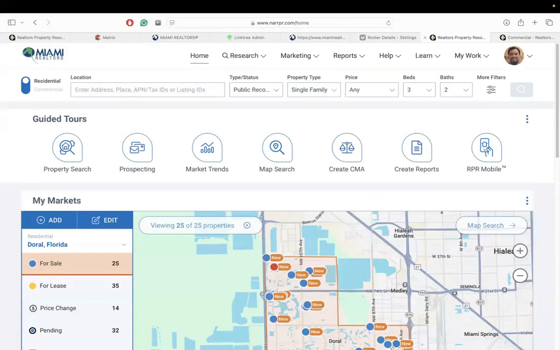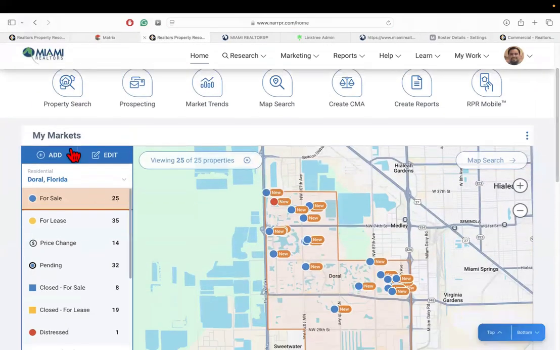It's going to take you directly into your dashboard, and you have the ability to hyper focus on the markets that you service. So this is a visual reference first. In just a moment, I'm going to show you where you can add the individual areas that you service, such as where you live, the service areas where you may have sellers or buyers, or you can also add service areas based on where your